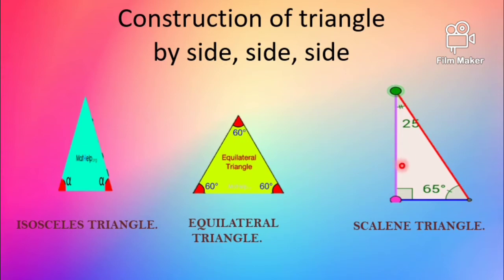In third figure, figure number 3, you can see all three sides are different in length. And according to the definition, if all sides are different, this is a scalene triangle. And if all sides are different in length, then all angles should be different. And in this figure, it is proof that all angles are different according to the sides being different: 25 degree, 65 degree and 90 degree. This triangle has no equal side as well as no equal angle.